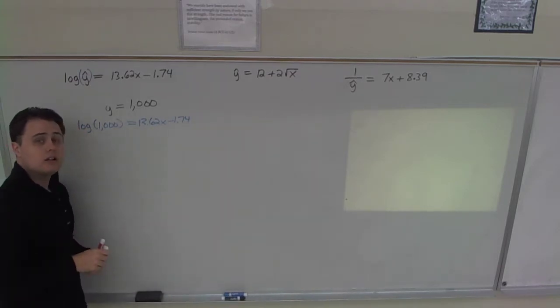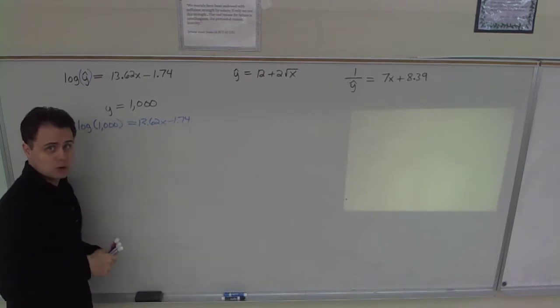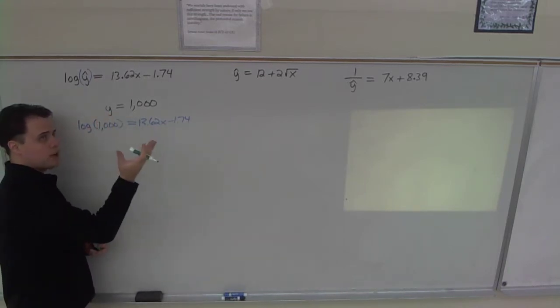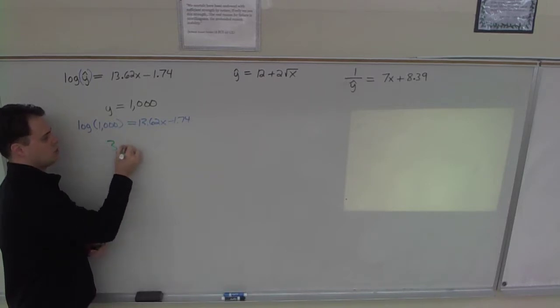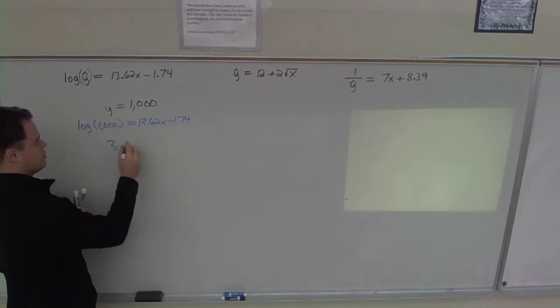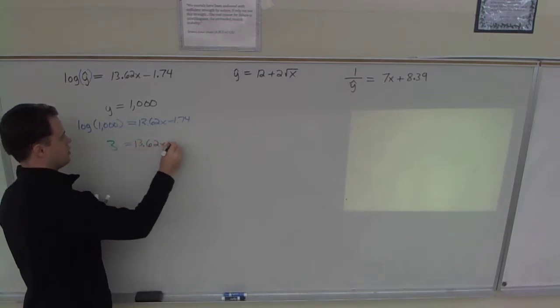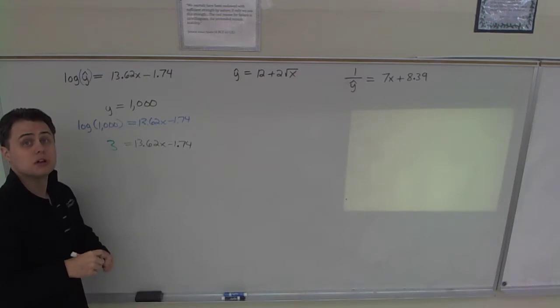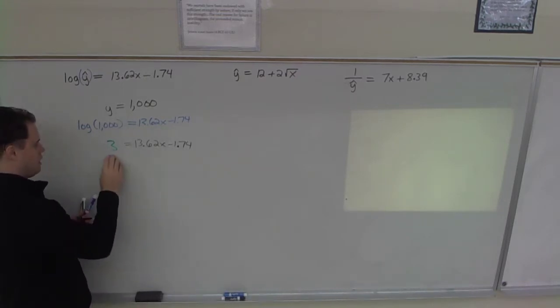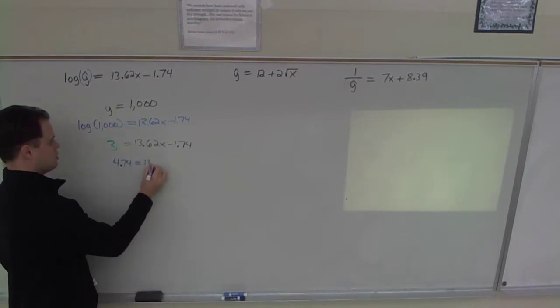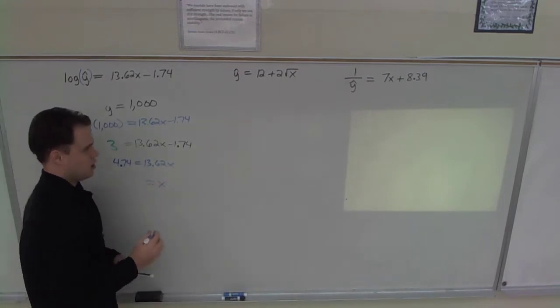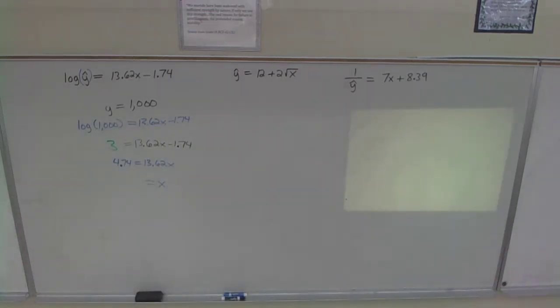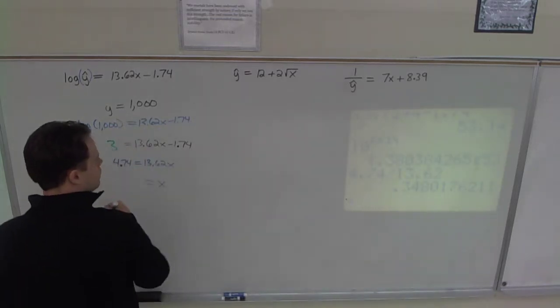This guy you can stick in your calculator. There is a log button in your calculator, but those of you who've had Algebra 2 or a higher class should know 10 raised to what power is 1,000? Your calculator is going to tell you 3. That's how logarithms work for those that are unacquainted, but you can just use your calculator. Alright, so now we're solving for x, so I'm going to add 1.74 to both sides, so that's 4.74 equals 13.62 times x, and divide, use our calculator for that. And we get that the x that goes with the y of 1,000 for this problem is